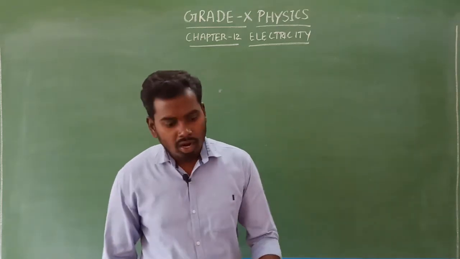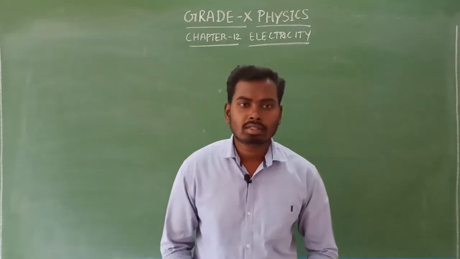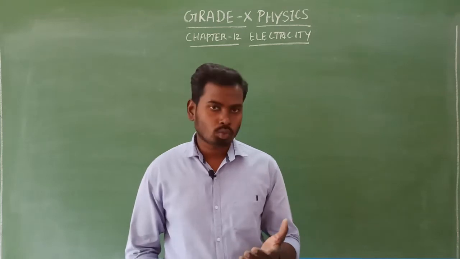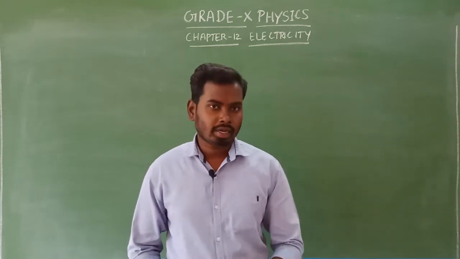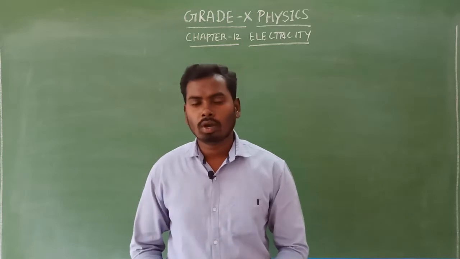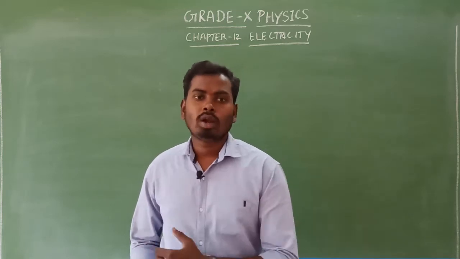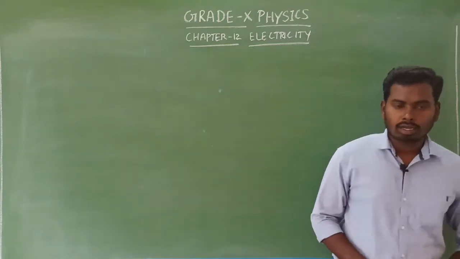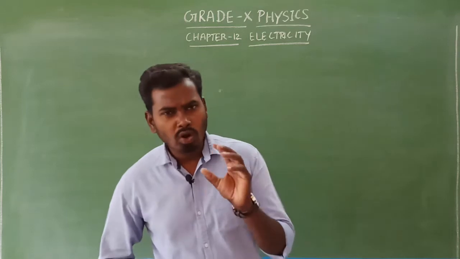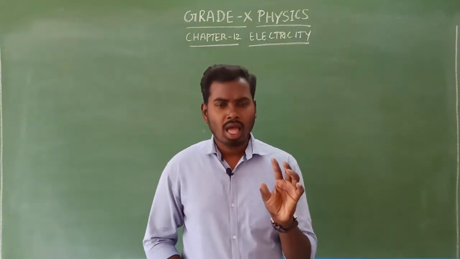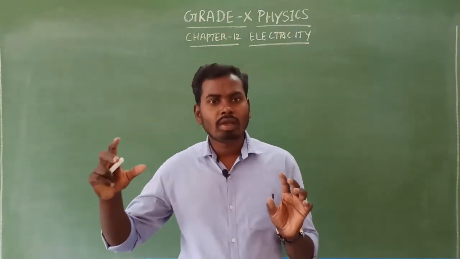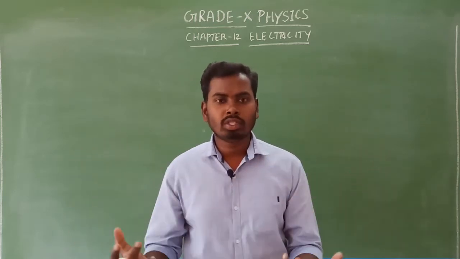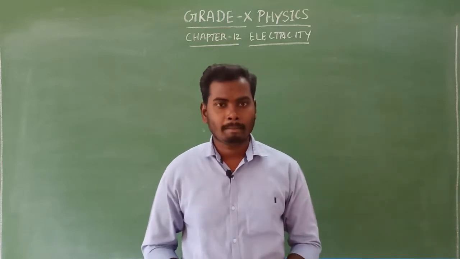Okay? So already we know the SI unit of electric energy is joule, that is equal to the SI unit of power, that is watt, into the SI unit of time, seconds. So we can get 1 joule is equal to 1 watt into 1 second. Look at here. Here 1 watt is a very small unit, as well as 1 second is a very small unit of time. So all the time we cannot use this formula to calculate the electrical energy, isn't it?